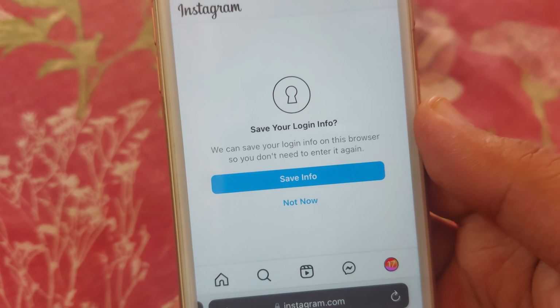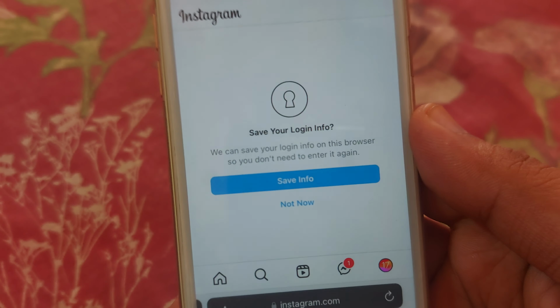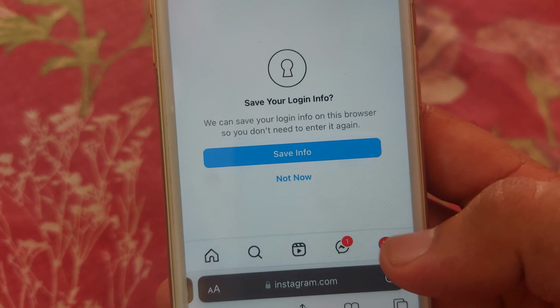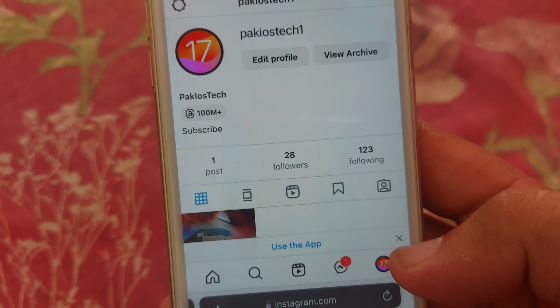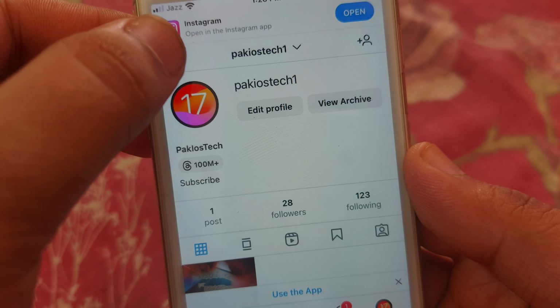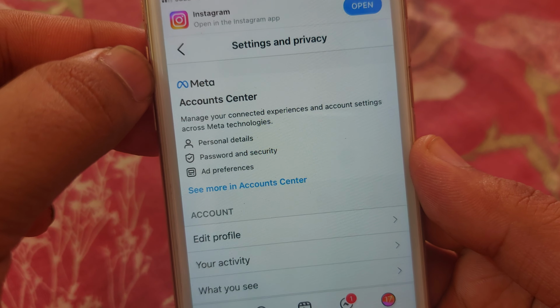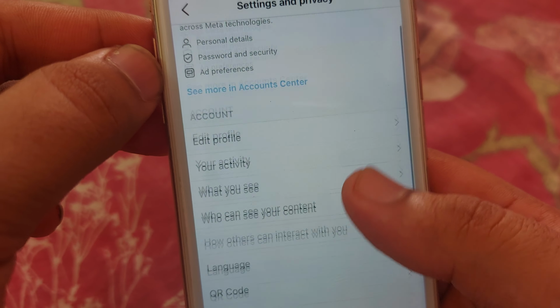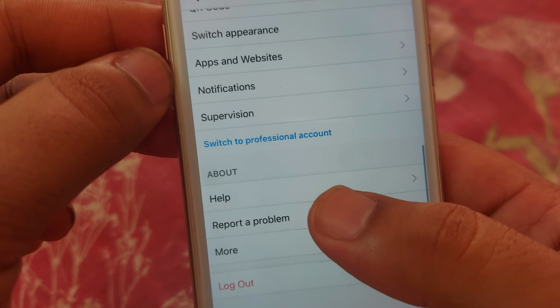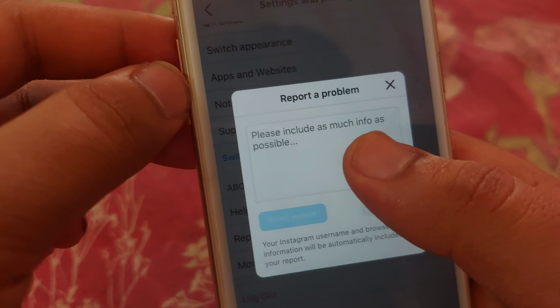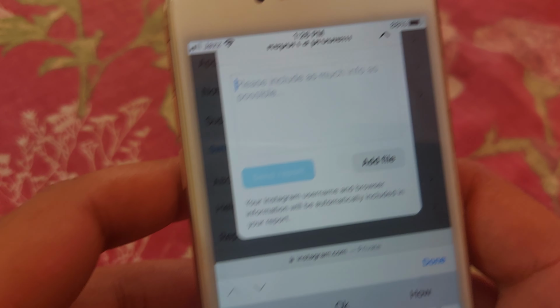After logging in to your Instagram in Chrome, you have to open your profile here. After opening the profile, you get the option of settings in the corner. You tap on that. After that, you have to scroll it down, and you will get the option of report a problem. Tap on that, and here you have to write